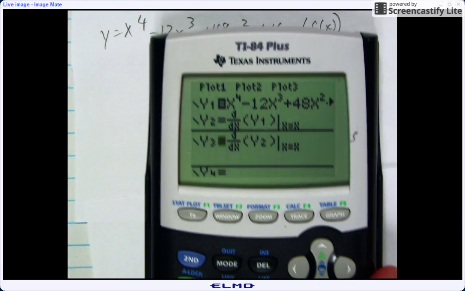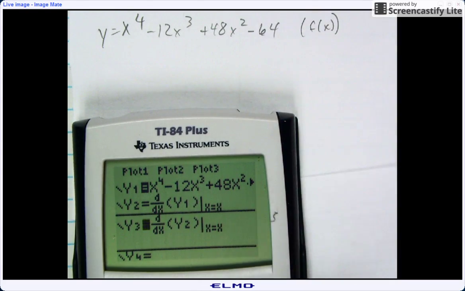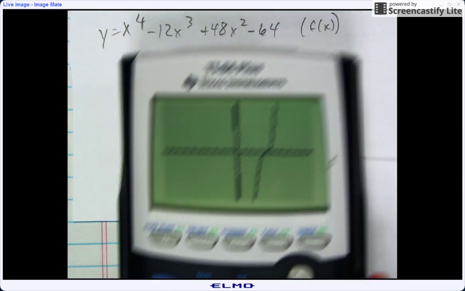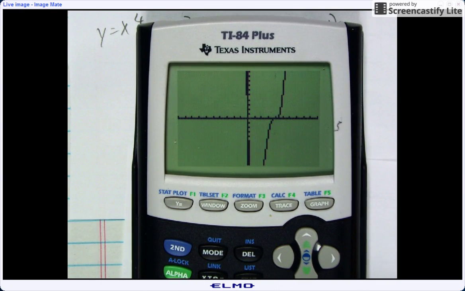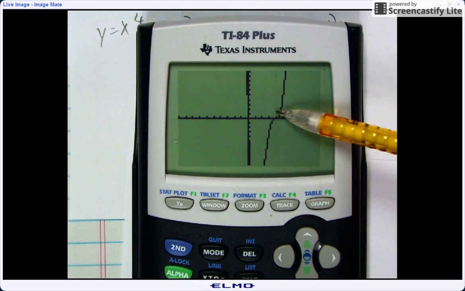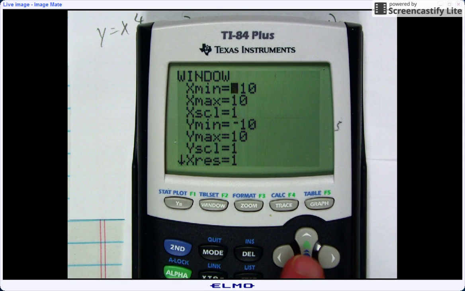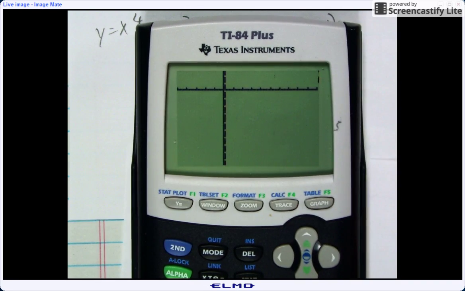All right, so I'm going to graph the original function. I can do the calculus here and find what f prime is, but I just want to use my calculator right now. So I hit graph. This is a normal window. It looks like the function is going down here and turning around. I need to change my window, so I'm going to make my window go a little bit less x, and I'll make the y go a lot narrower, or a lot lower, and see if that helps how we're